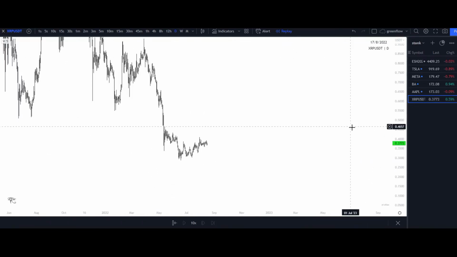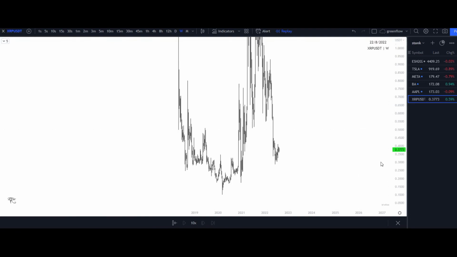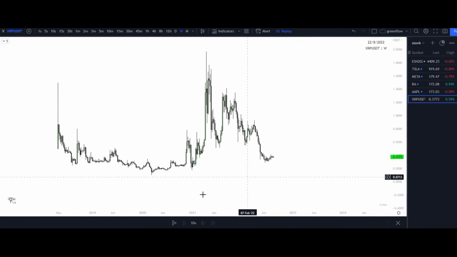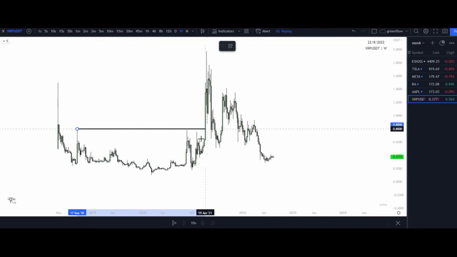Okay, this chart is very interesting. Let's go to the weekly. All right, a lot of accumulation, taking out the lows, right? Leaving a lot of highs. We can see these equal highs on lower or past price action, right? That we ended up breaking out to the upside.